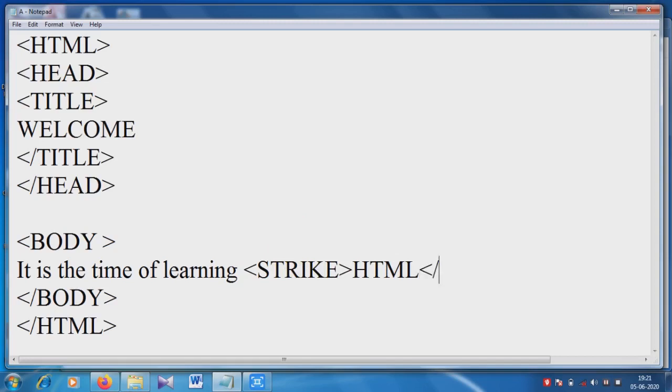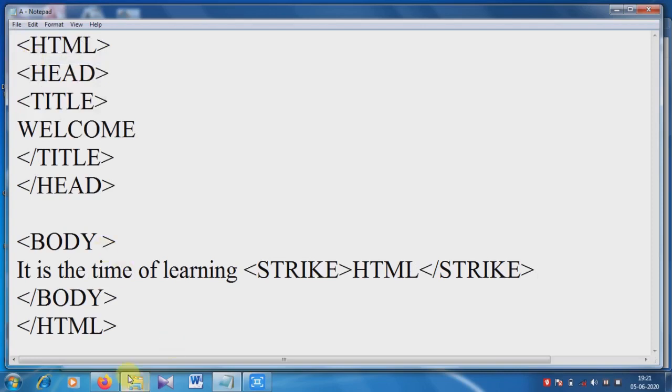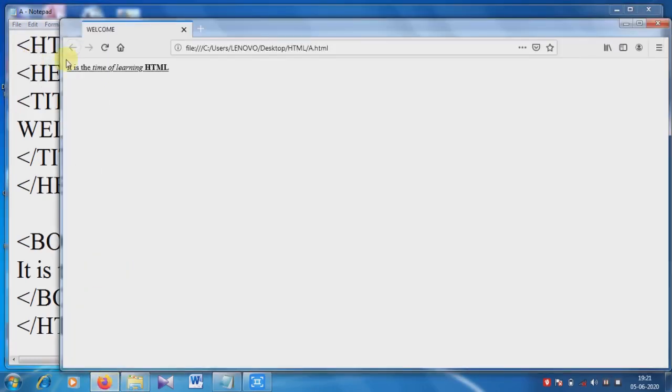It is also a container element, so you have to write both the starting and ending tag. In this way we can write the strike through tag. Let's check the output.